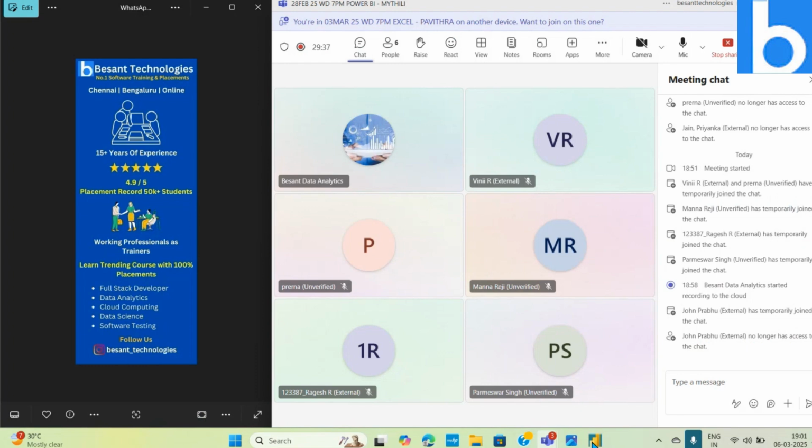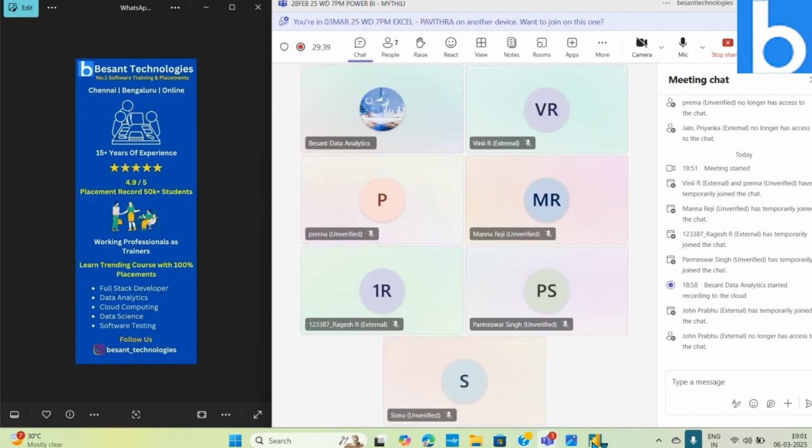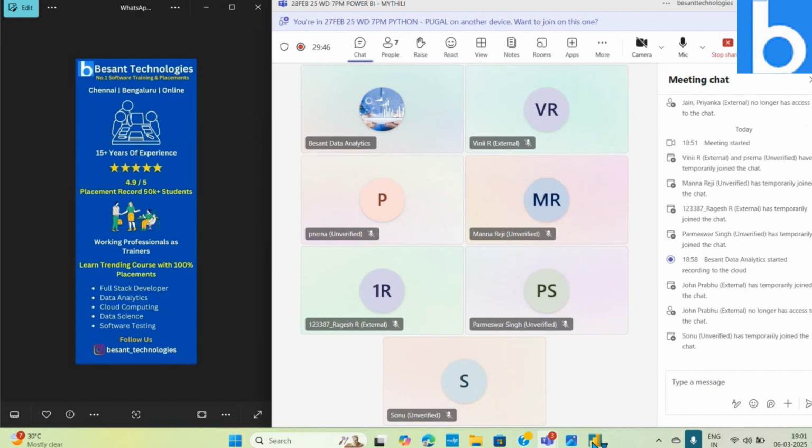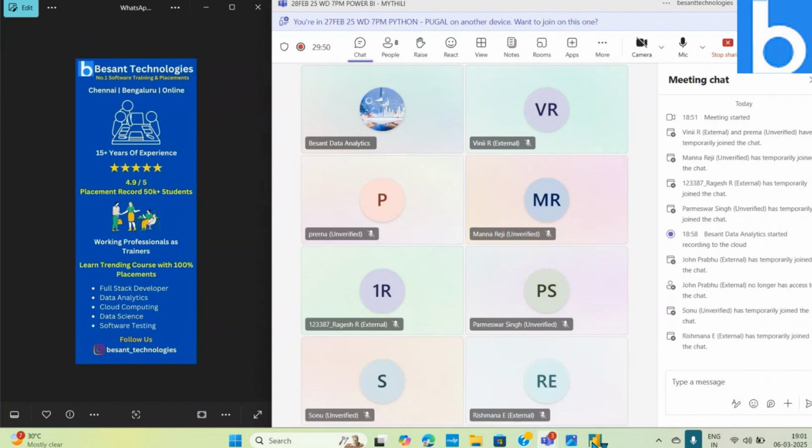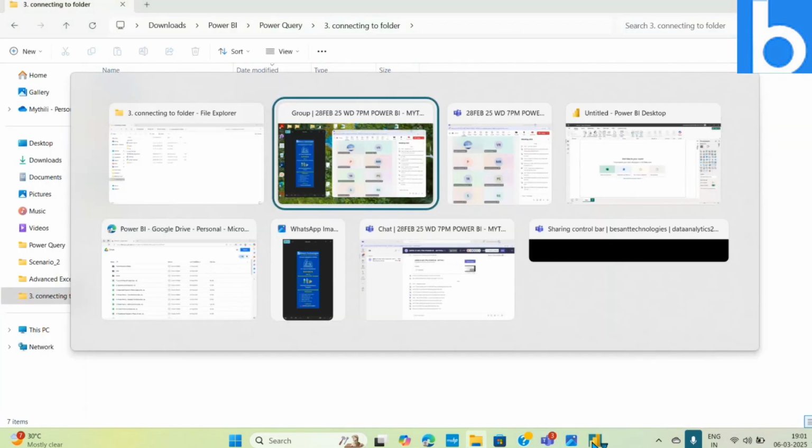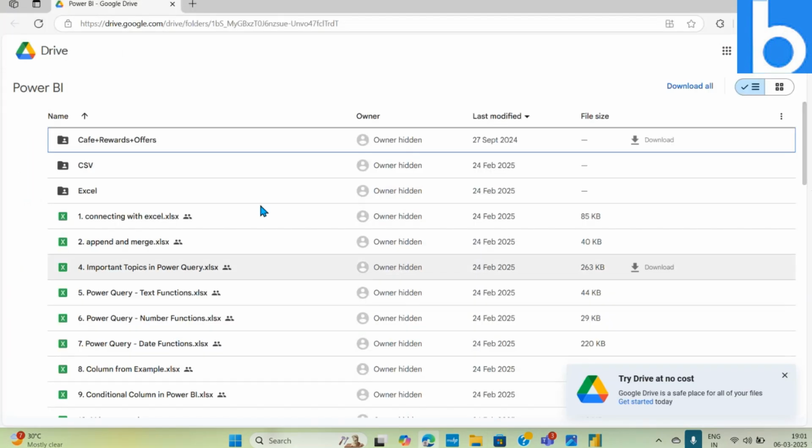Over the last 3 days we had learned how to connect to Excel. Yesterday I showed you how to connect to a web page and then how to import data from there and do the necessary transformations. Today, what we are going to see is, if you look onto our drive, there are two